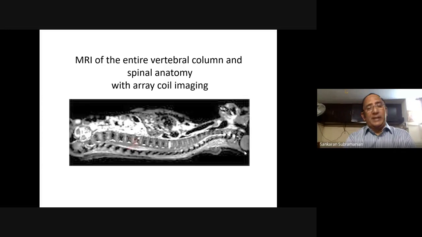This now is an image of a person right from the brain stem at the end of the brain up to the bottom, and all of them are taken by a series of coils which are called array coils, and the image information from each one of the coils is taken later on and combined to produce a beautiful picture of the complete spinal cord, from the end of the brain stem to the bottom of the spine.